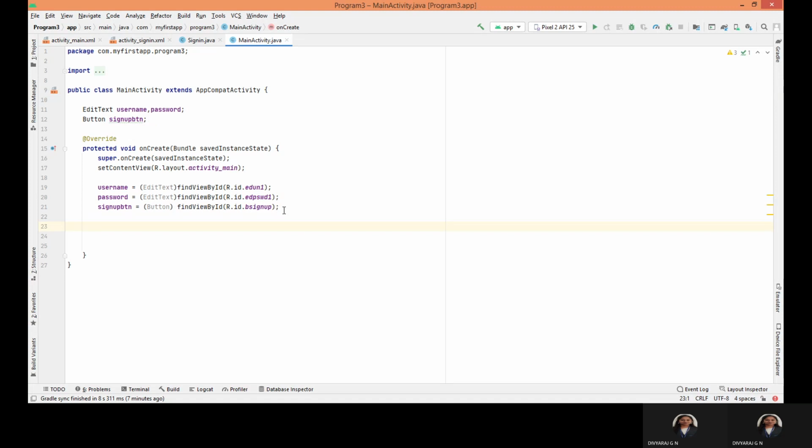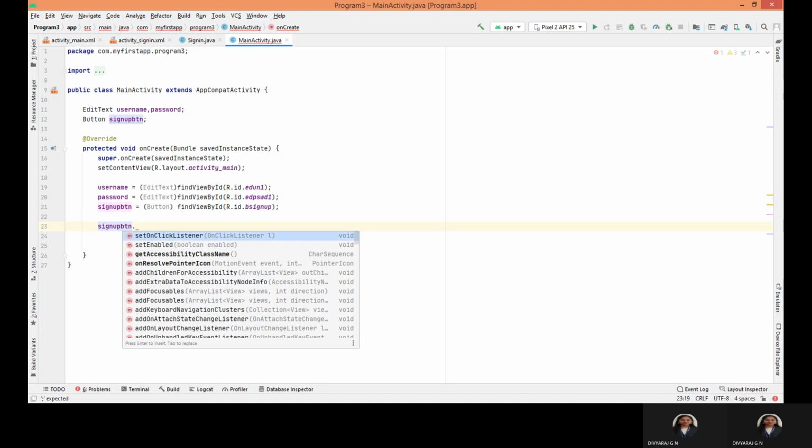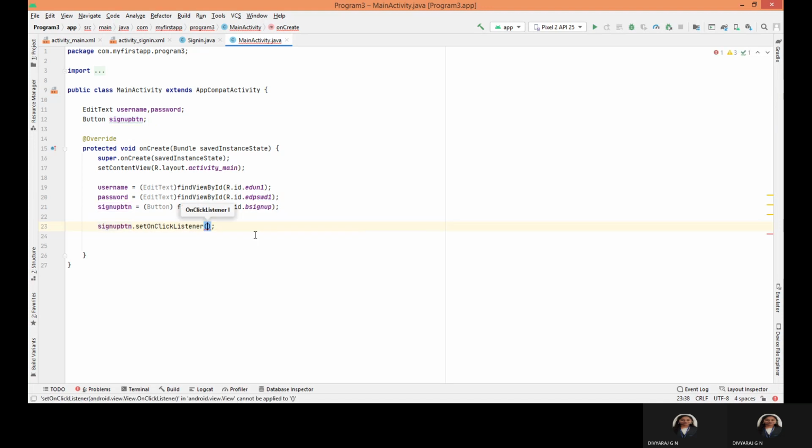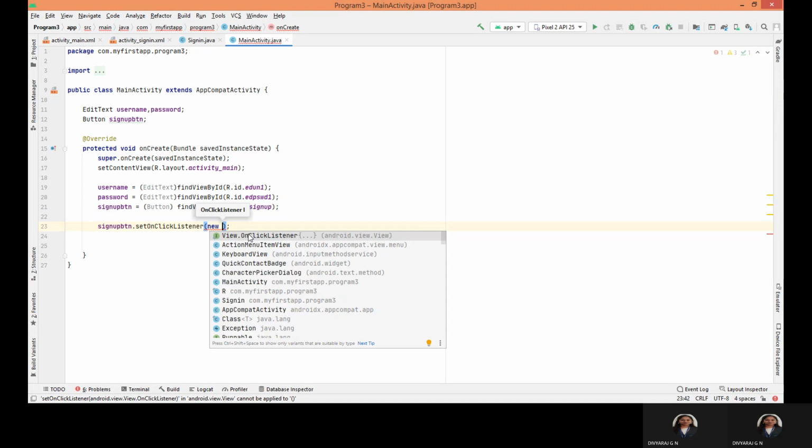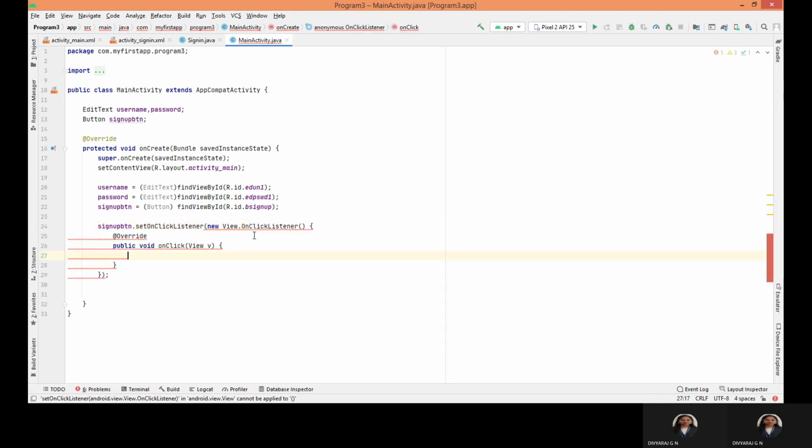So there is a button, right? Whenever you see buttons, you need to call the on click listener function. So for the sign up button, upon clicking the sign up button, what should happen? New on-click listener. Yes. So new on-click listener. So start giving the name here. So upon clicking this,